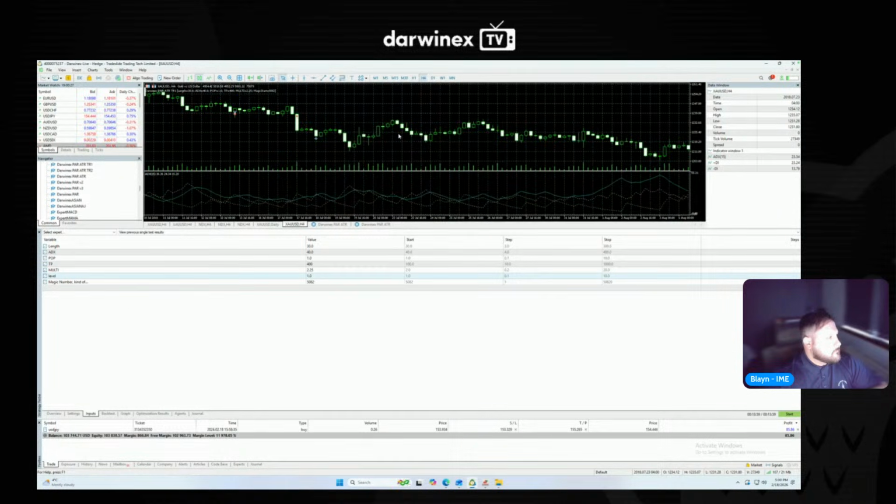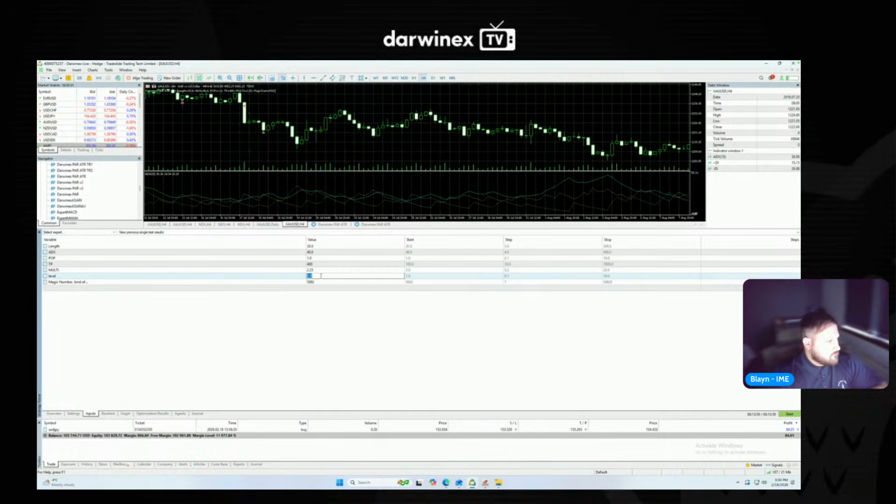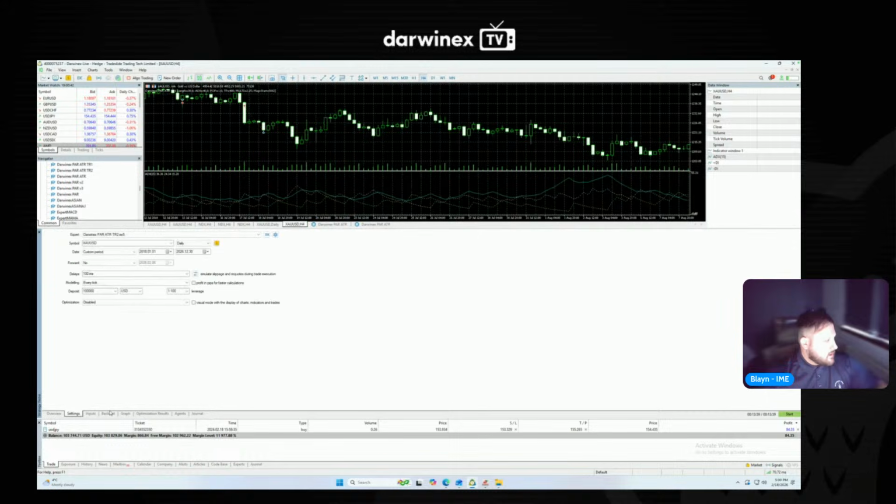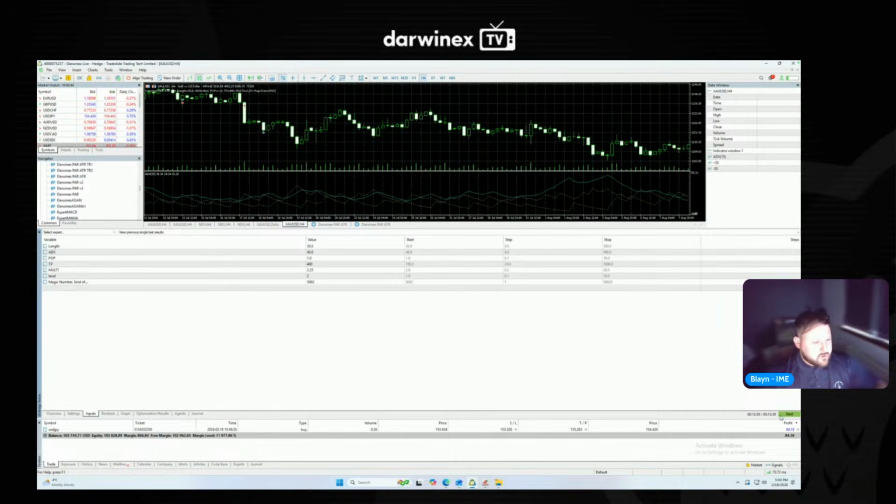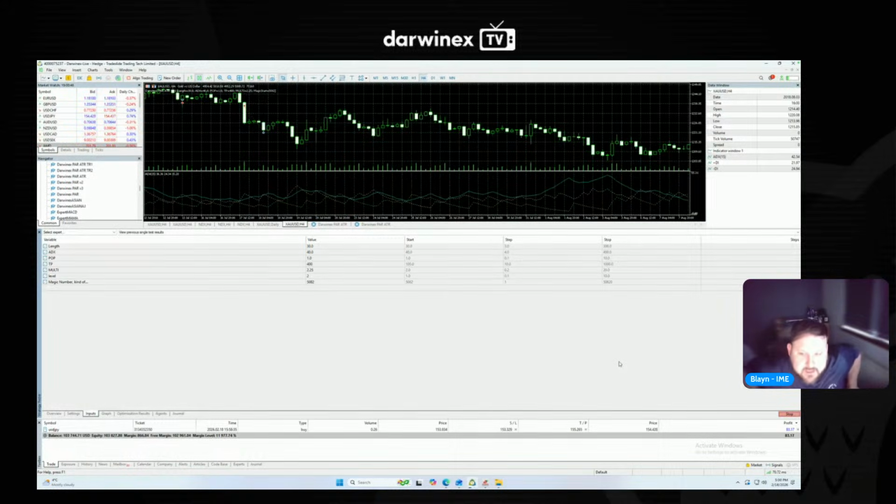Let's just do something like this. This is where I would like to optimize it and see where the best region is, but we're not going to have enough time to do that today. So if this gives a better result than the last one, then I'm going to optimize it, and whatever best result I get, I'm going to apply to the Darwinex charity.